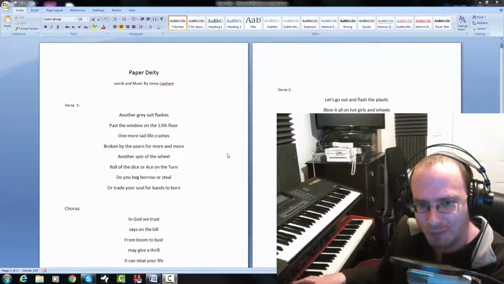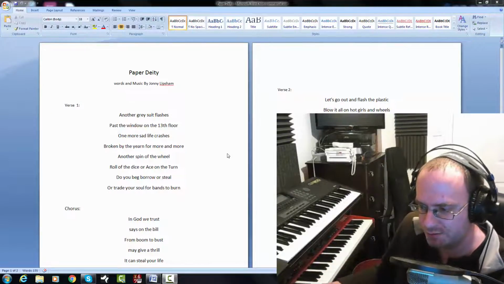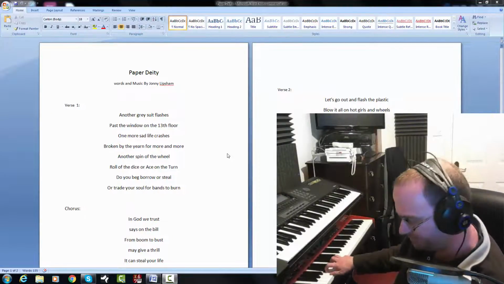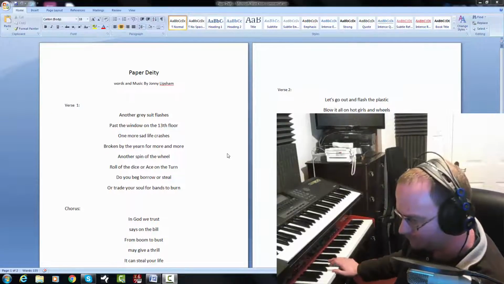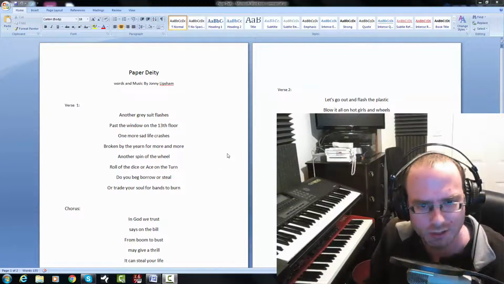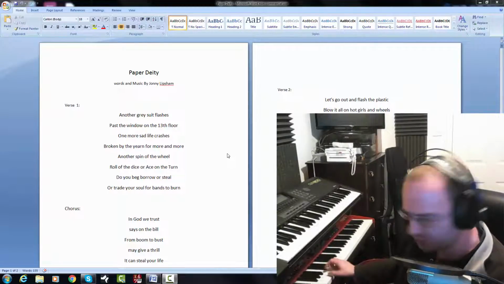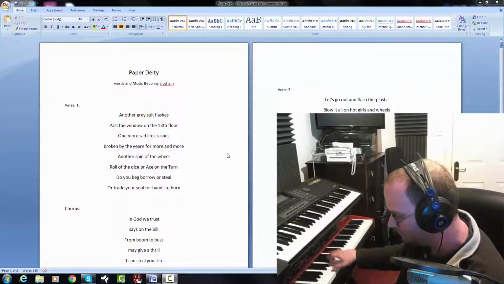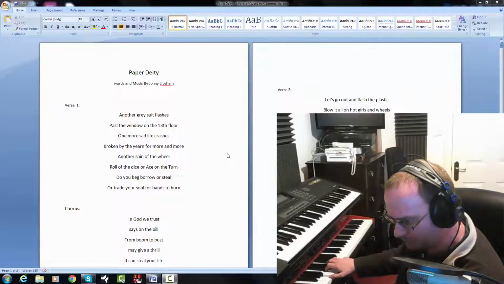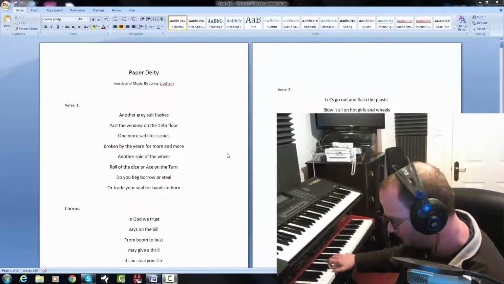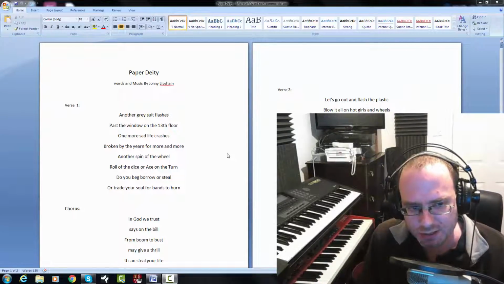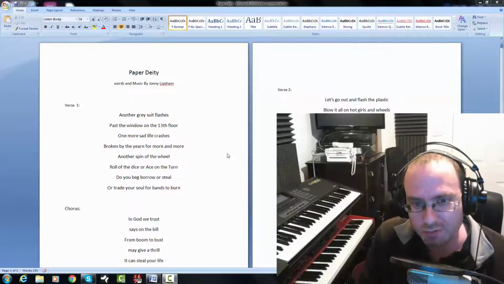So that's basically the harmonic background to the song, and there are 2 rhythmic ideas that go through it. You've got this. So that's rhythmic cell A, if you like. And then rhythmic cell B would be in the chorus. So those are the 2 rhythmic devices that I keep bringing around again and again,